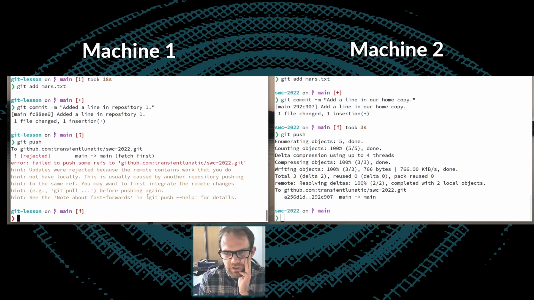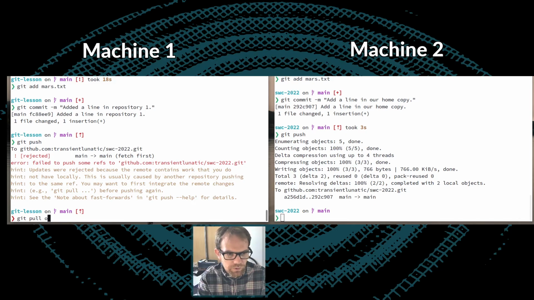So as it suggests, we can run git pull to get those remote changes. Now you might be concerned, will git pull not overwrite the changes that we've just made? The answer is no, because we have made a commit. So that commit exists in our local repository. But things are temporarily going to get slightly messy. So let's see what happens.